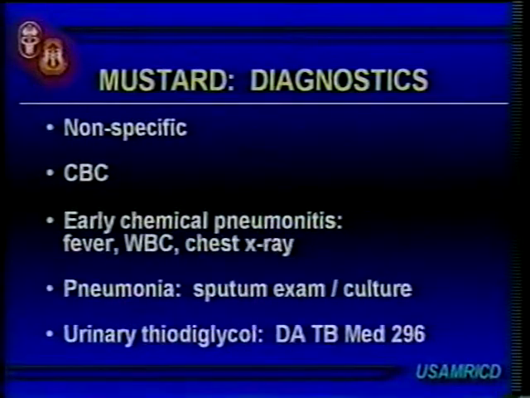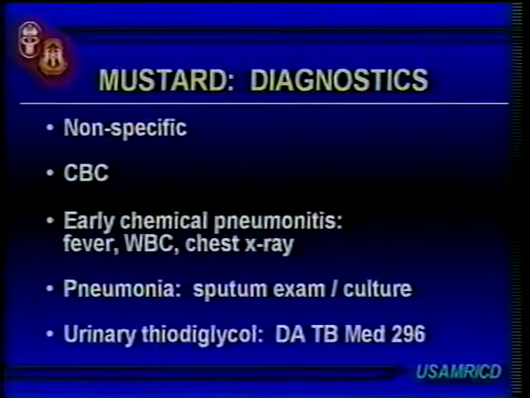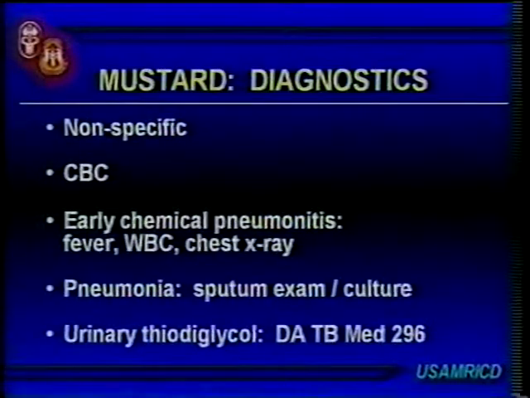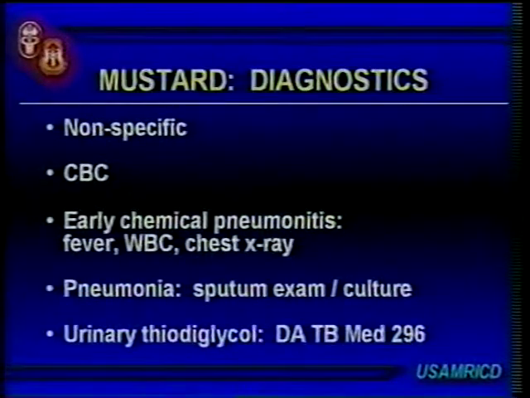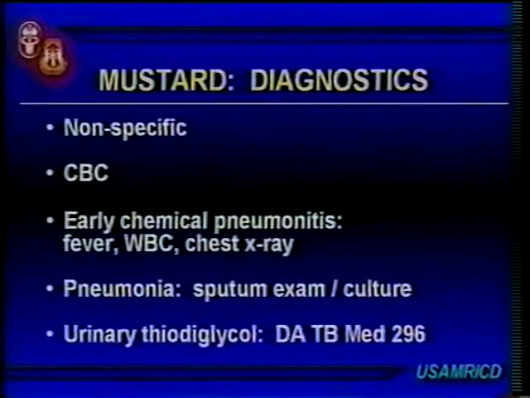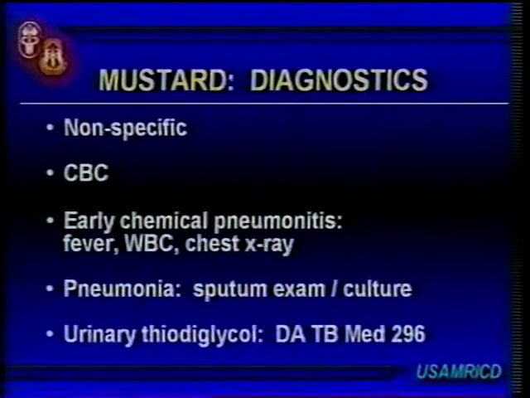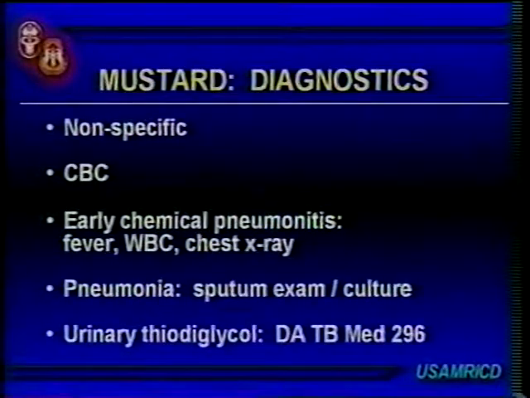You do as you would with a normal pneumonia. You look for a change in the sputum, you look for purulent sputum, and you do gram stains. If you get positive gram stains or cultures, then you initiate appropriate antibiotics. Prophylactic antibiotics only will select out a bad bug that will cause you more troubles. You got to wait till the actor shows up and use the appropriate specific antibiotic. We did not have urinary thioglycol capabilities in country during the Gulf War.